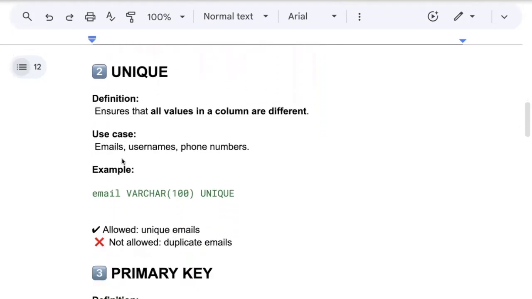Next important one is UNIQUE. Sometimes, certain websites don't allow you to register with the same email ID multiple times because they ensure that all values in a column are different, even a phone number. If you register with one number, with the same number it doesn't work. You have to try with a new number because it's already registered. In the backend, it's been assigned a constraint like UNIQUE. It ensures that all the values in a column are different and cannot be repetitive. By this, it avoids duplications. That's the reason you usually don't see duplicate values in SQL, because of these constraints.